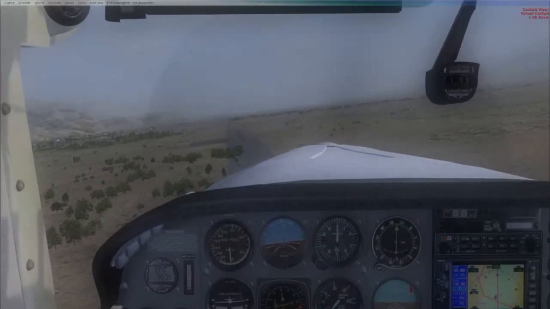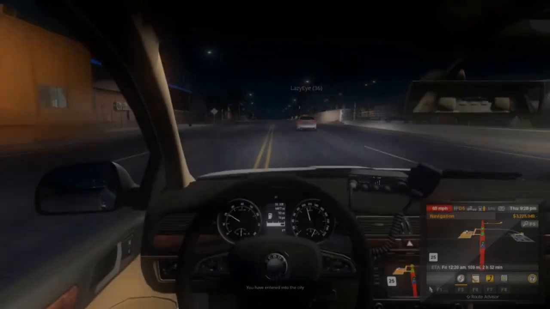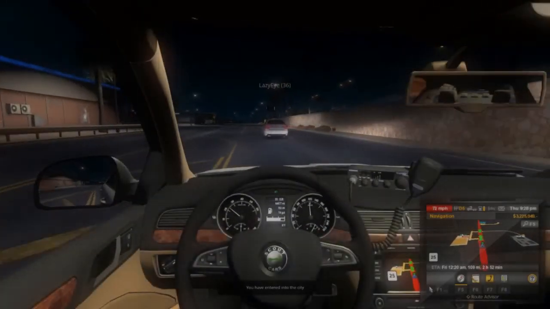It goes, holy wow, that's a crosswind. Holy cow. I wonder if I could pit maneuver you. I'm running on